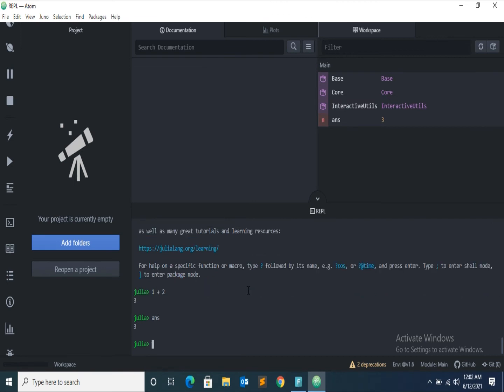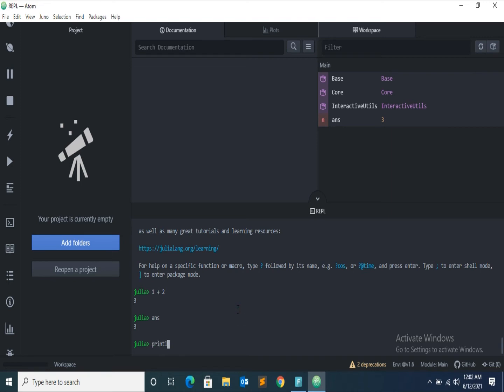Now see, at the Julia command prompt I add two numbers. It adds those numbers and prints out the result at the bottom of the line.